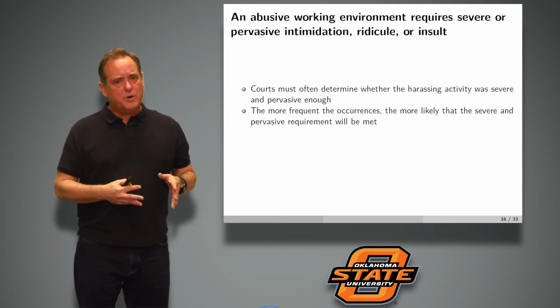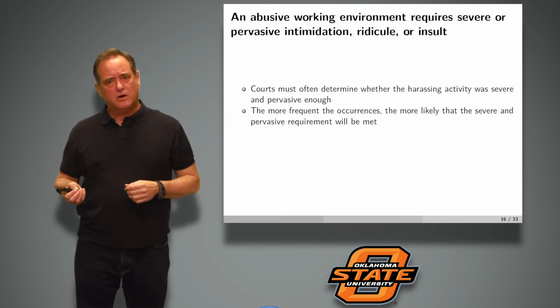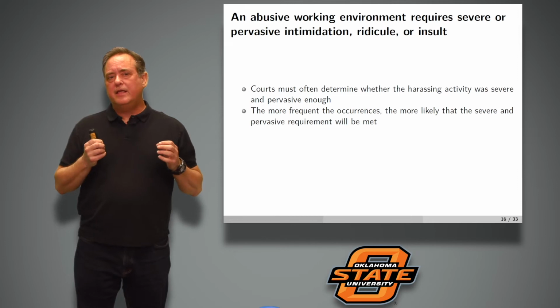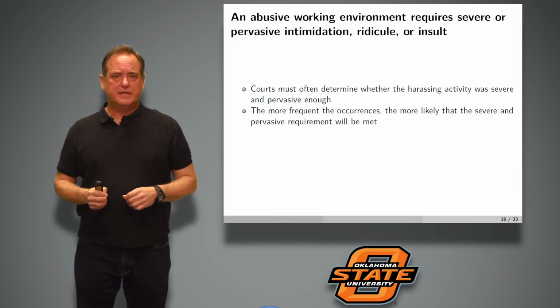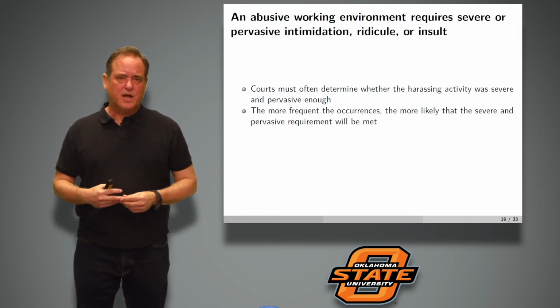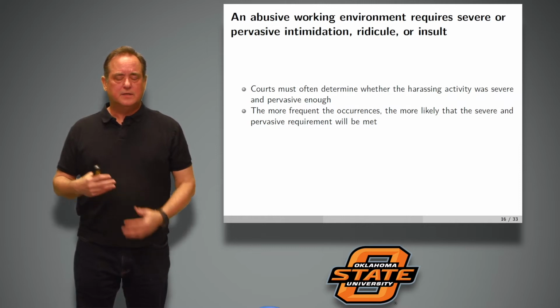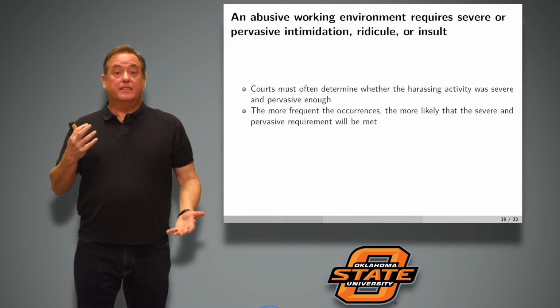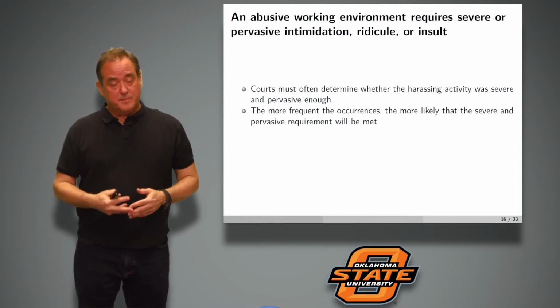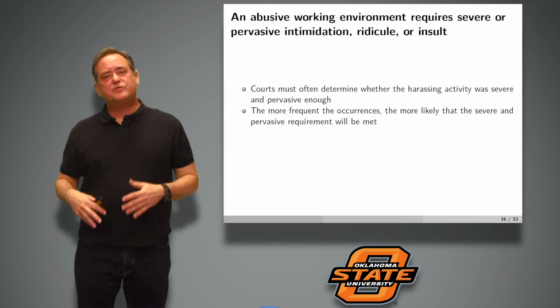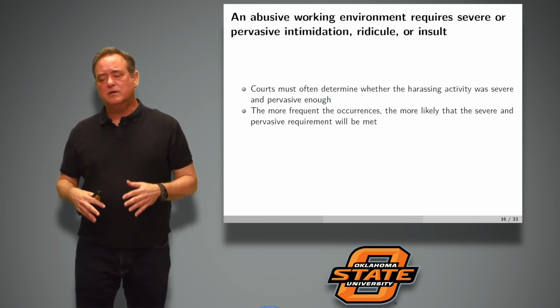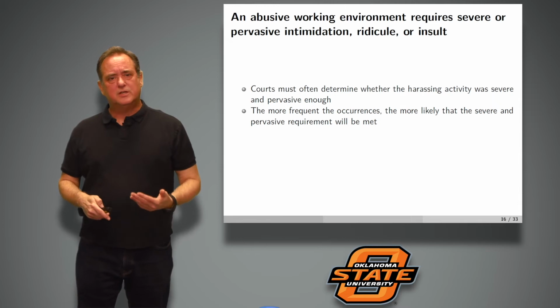So the more frequently the behavior occurs, then the less severe it has to be in order to constitute hostile work environment. Similarly, the more severe the behavior, the less frequently it has to occur in order to establish a